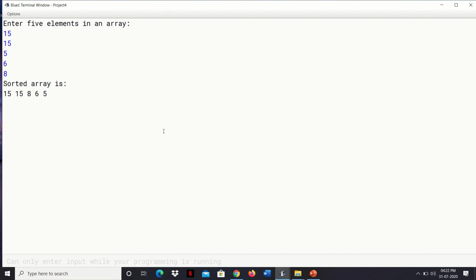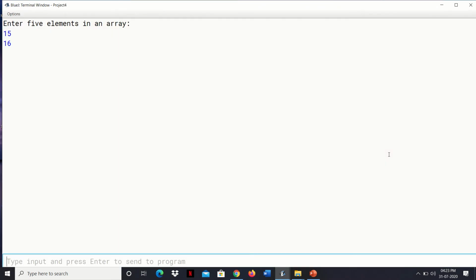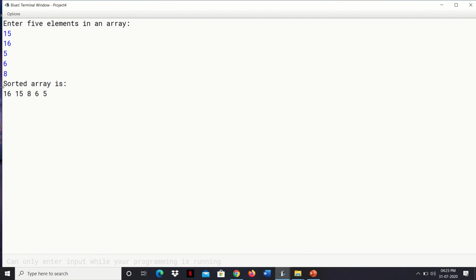We have taken 15 twice here, so this is also one learning for you: if two elements are the same, we can take them, and we will sort like this. This is descending order. Let's take one more time for descending order: 15, 16, 5, 6 and 8.